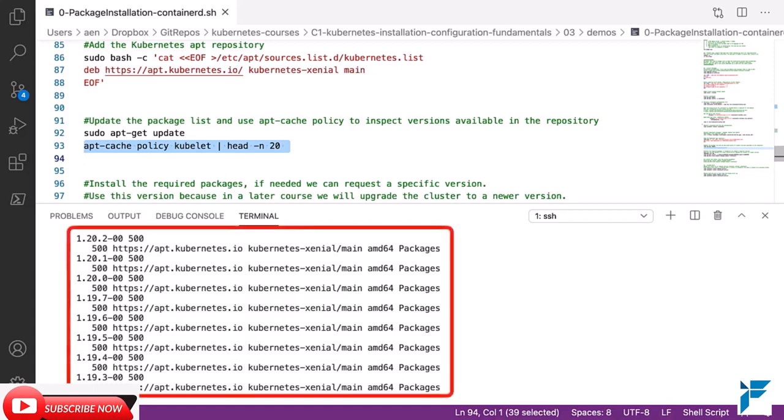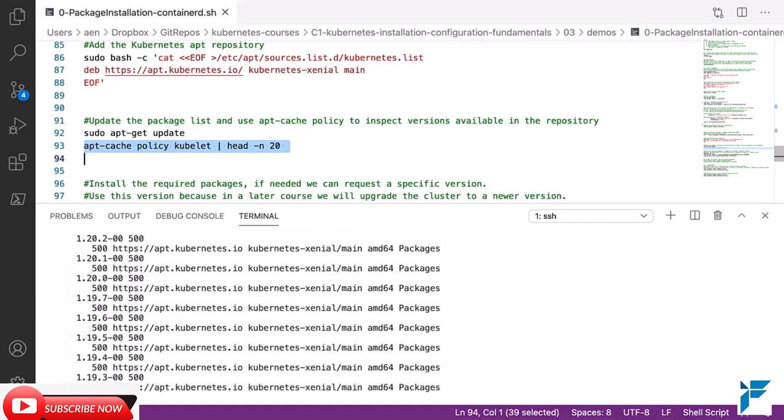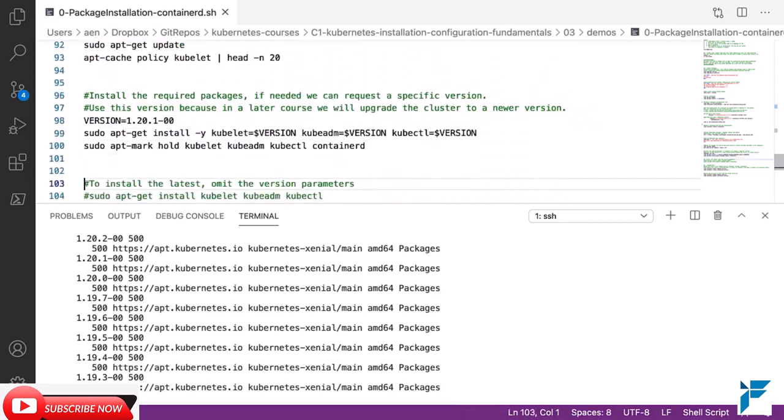In the output at the bottom here, we can see the different versions of the kubelet that are available as packages in the repository. So there we see 1.20.2-00, 1.20.1-00. And so those are all the different versions of the kubelet that are available to us to install. And what we're going to do here is pin our installation to a specific version. And we're going to install